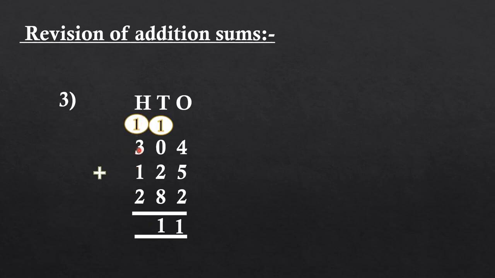So now at hundreds place column we have 3 digits, 3, 1 and 2 and 1 carry digit. So keep 3 in your mind, 1 on your finger. So when we add 1 to 3 we get the next number, that is 4. So now keep 4 in your mind and 2 on your fingers. So after 4 you have to count 2 numbers, 5, 6. Now 6 plus 1, that is equal to 7. So our answer is 711.